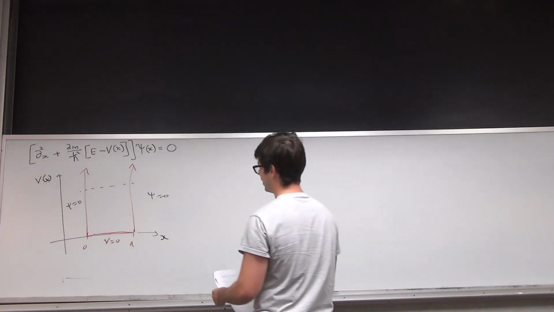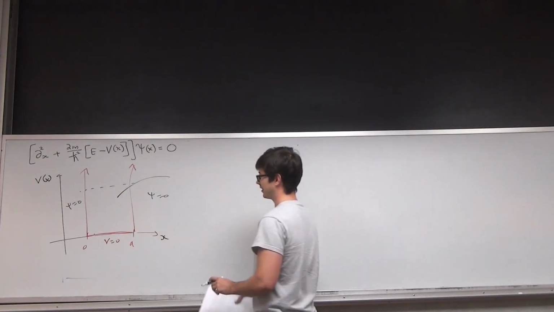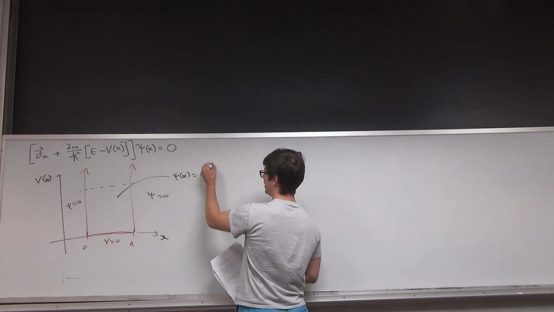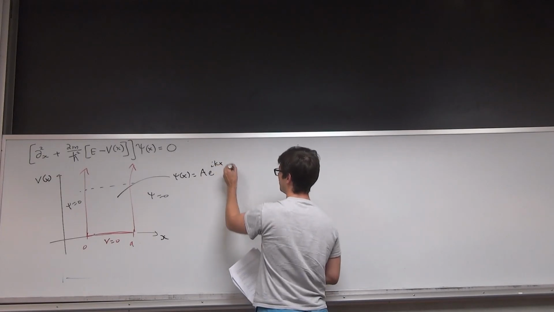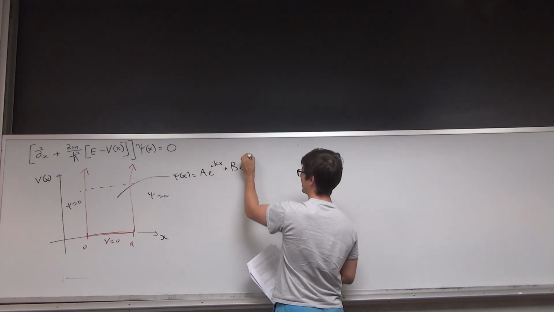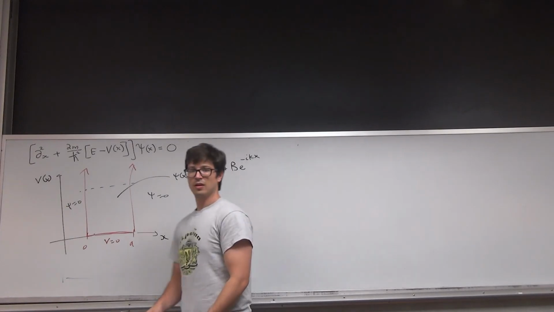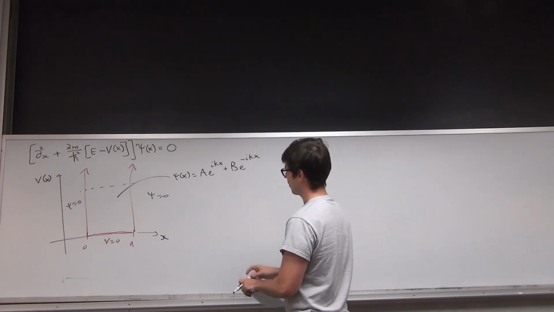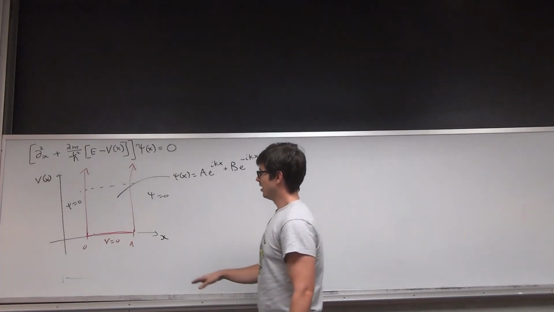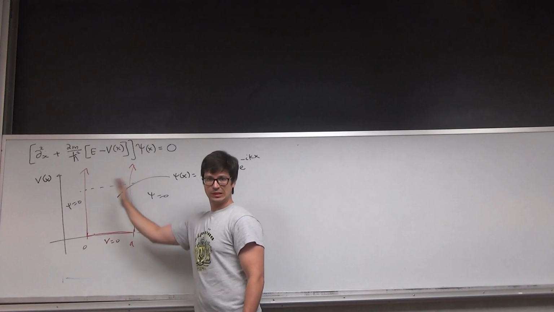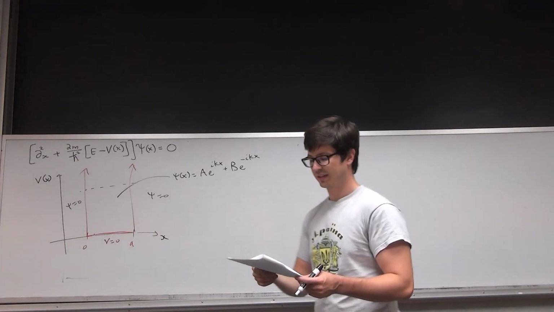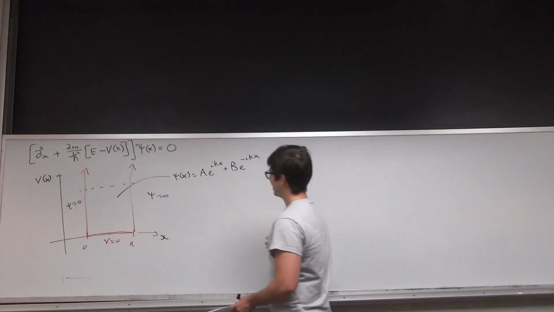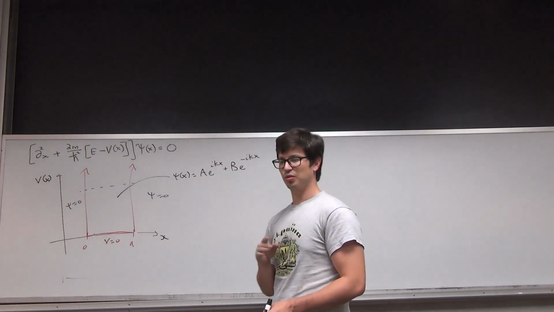And so what do we expect in here? In here we expect to get psi of x is A e^(ikx) plus B e^(-ikx). These are complex numbers, and we have to make psi continuous by forcing it to 0 at these 2 points, at 0 and a. And it's convenient for things like this to